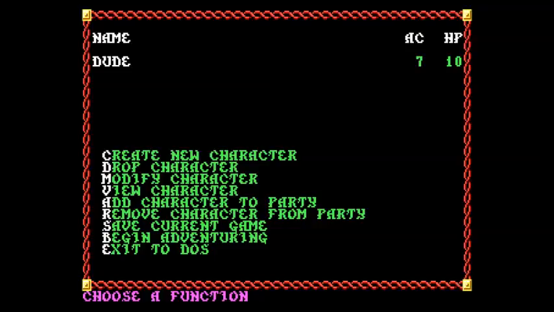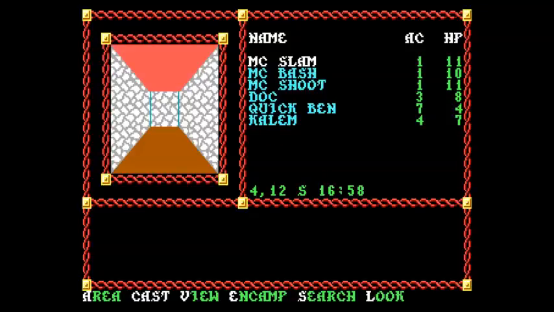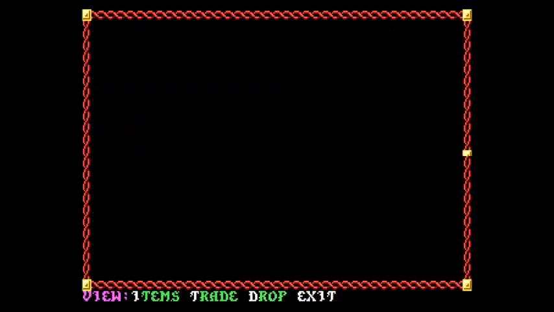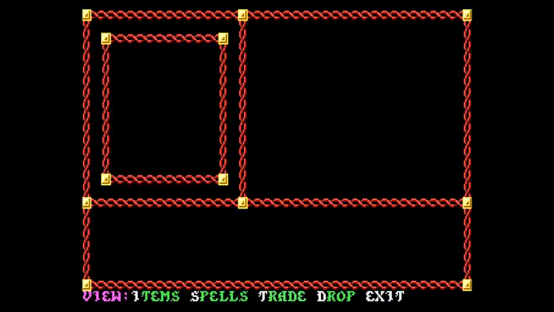Now, let me drop this character. Yeah, I don't need him. Yep. Because I actually have a party that is ready to go. I think it's this save. Yes, because I had just gotten myself out of a very bad situation, and not everybody has the same